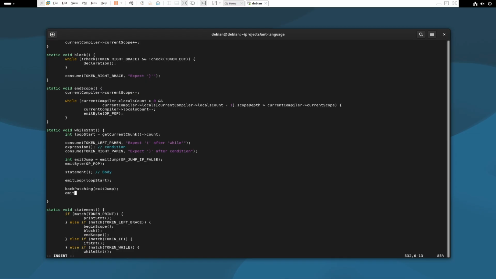So finally I will emit byte op pop in case we exit the loop. The expression of condition is still on stack, so I need to pop it from the stack. So let's go and define the function